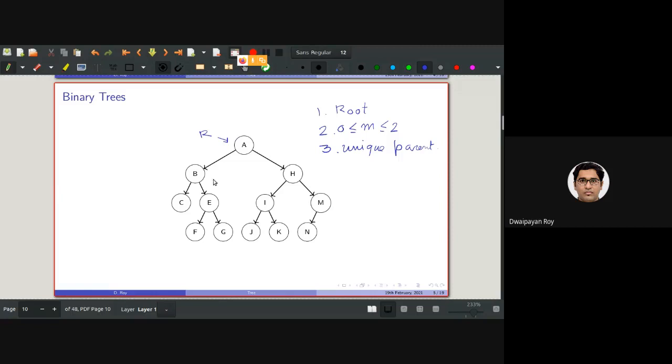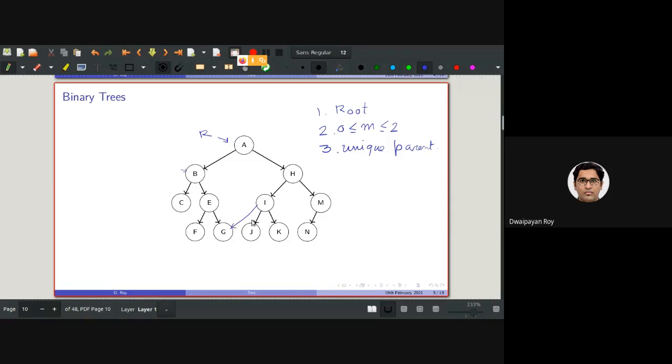And each of them are recursively again binary trees. So this again will be considered as a root, this one. And the rest of the nodes we will also be able to partition into disjoint subsets, and so on.